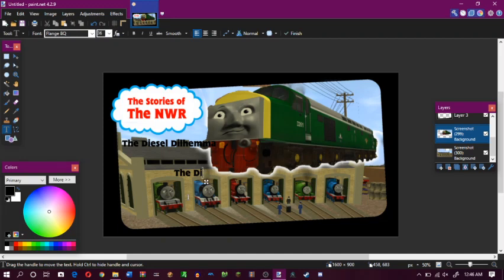So yeah, the Diesel Dilemma, just like that. Make it yellow, and then boom. And if you do have that feature in your editor, then make your text yellow and add a black